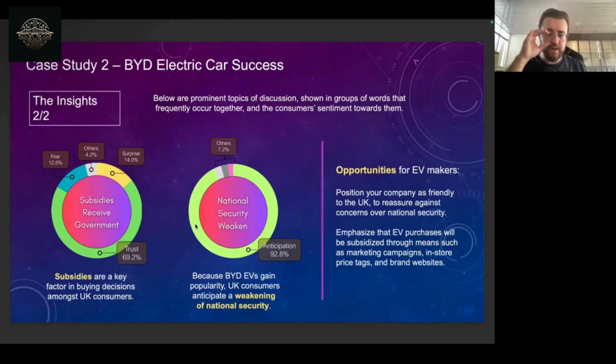So this is just a quick summary, a quick overview of the kinds of amazing insights that you can get by using machine learning, topic modeling, and sentiment analysis for market research, right? So think about this. Think about all the huge applications that technology like this can be done amongst your industry,